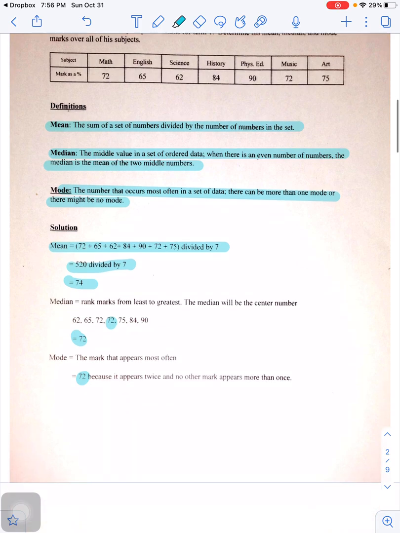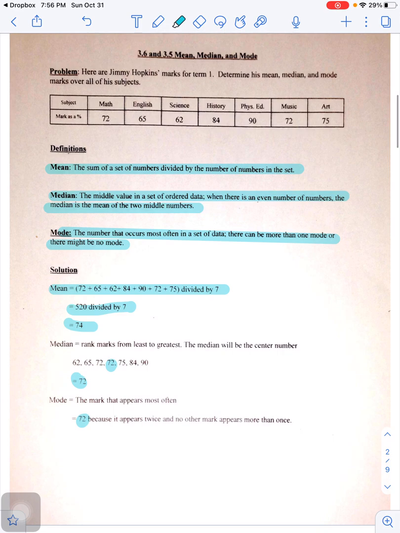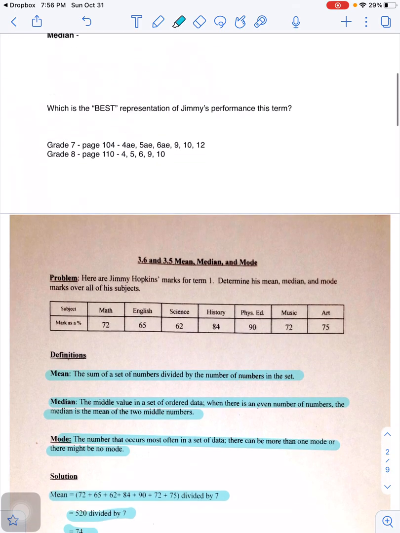Okay. So in your class today, you're going to have a little discussion about which measure of central tendency you think is the best one. There's really no correct answer on this. It's just a matter of how you justify your answer. These are all measures of central tendency. So if I go back up here,